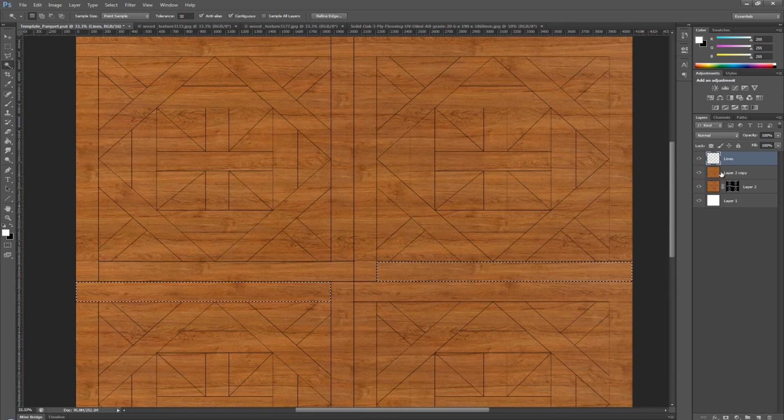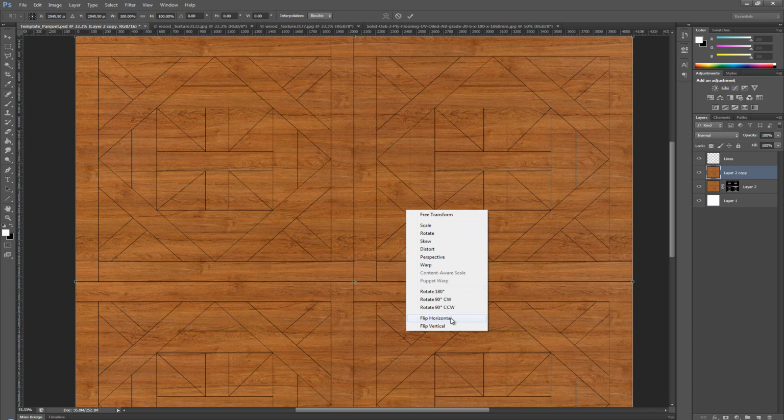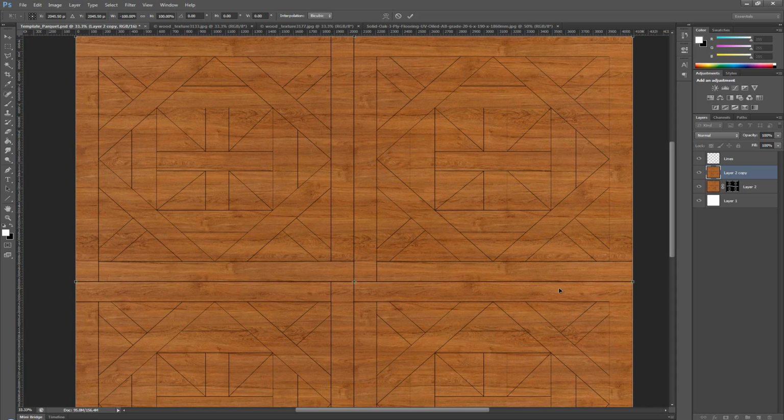Nope, that's it. So for this, only with that selection we can apply that mask. But before we do that, I'm gonna take my new layer that I just made and press Ctrl T to enter the transform, right click and click flip horizontal. That is going to flip it. So we can even move it